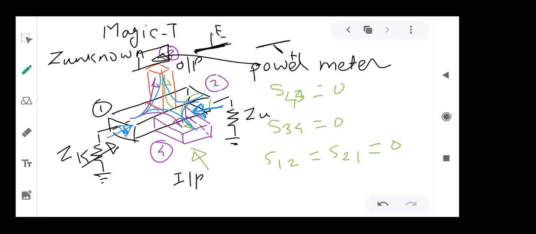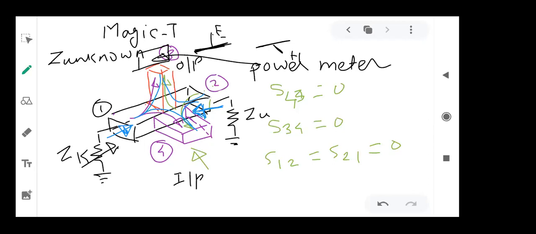That is going to happen only when the amount of power reflected from port number 1 is exactly equal to the power reflected at port number 2. And that is going to happen only if ZK becomes equal to ZU. The way port number 2 reflects the power, in a similar way port number 1 also reflects some amount of power, because now ZK and ZU are both the same. So the amount of power reflected back, and the phase of the signal reflected back at port number 2 and 3, are both going to be the same.